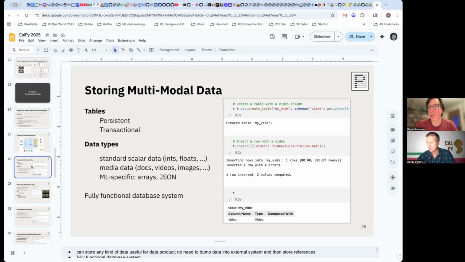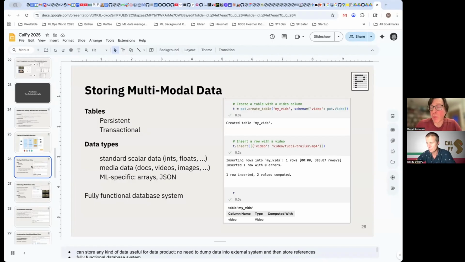In Pixeltable, all tables are persistent and transactional. Also, the tables do not need to fit in memory. So this will scale to data sets that exceed what you can fit in memory, right? This is particularly important with things like video, which can quickly get to very large sizes, whether it is frames, etc.